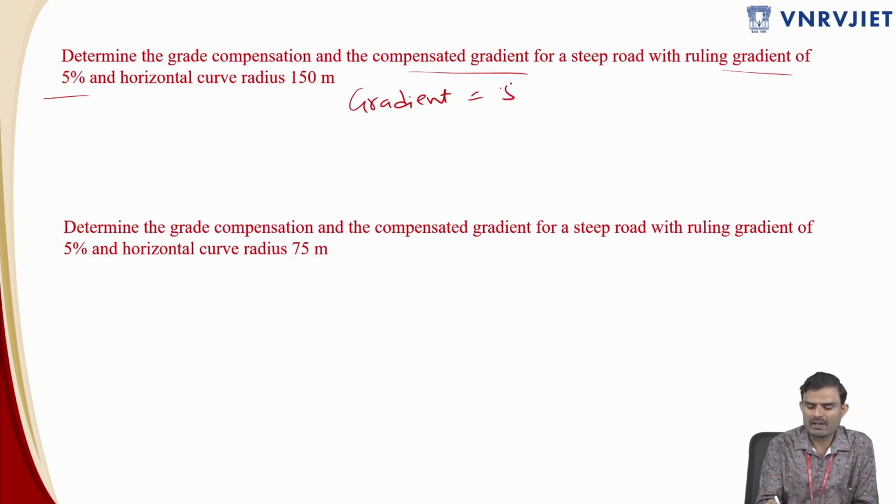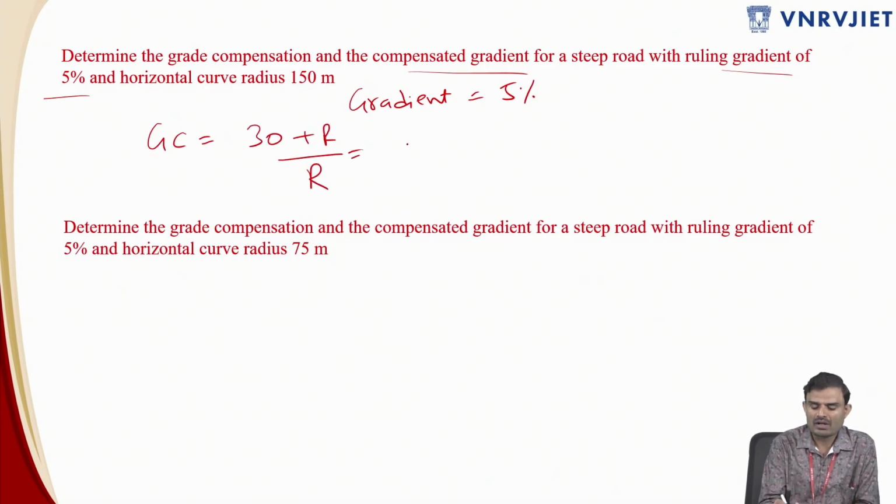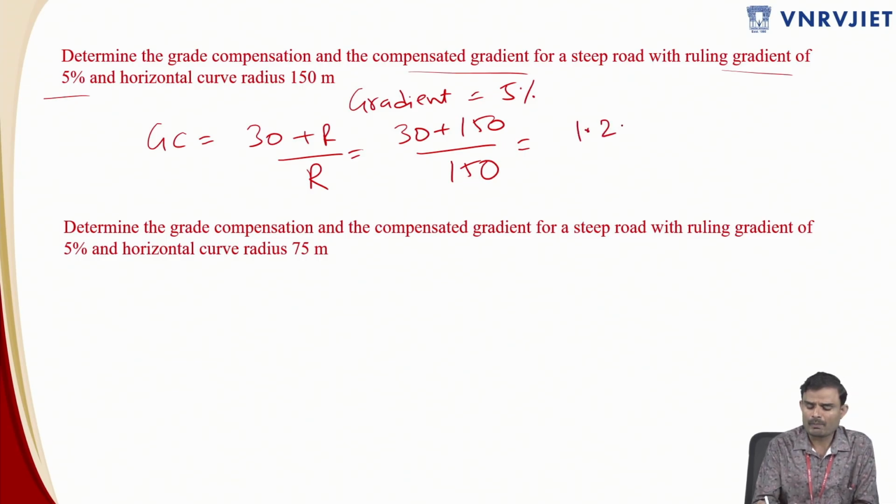So that has been given as 5% in this case. Now you are asked to calculate first the compensated gradient. We'll just calculate what the grade compensation is over here. We already have the formula, which is nothing but (30 + R)/R or 75/R. (30 + R)/R is nothing but (30 + 150)/150, so you will have somewhere around 1.2% as the grade compensation by the